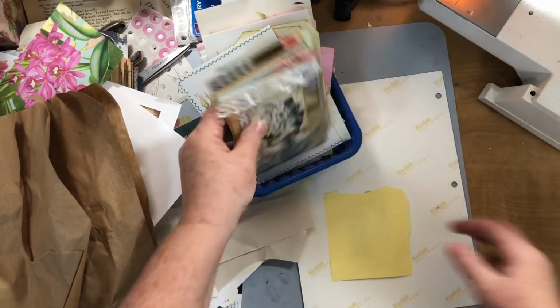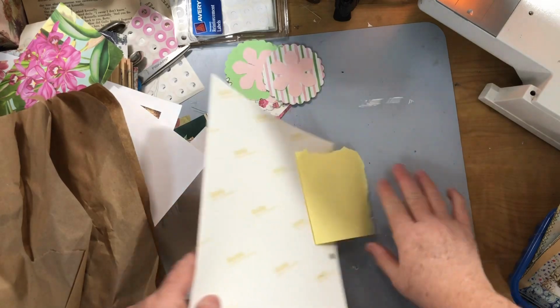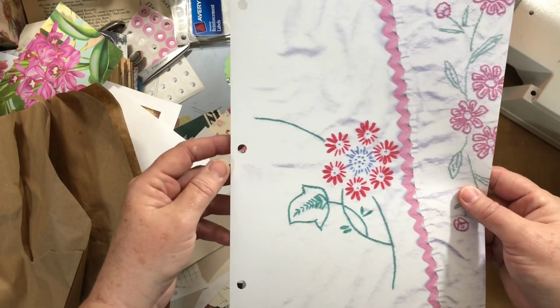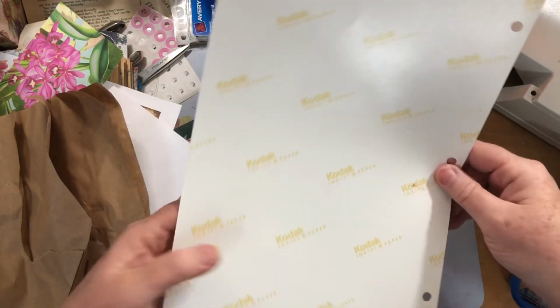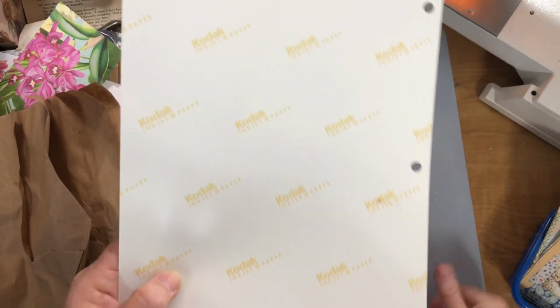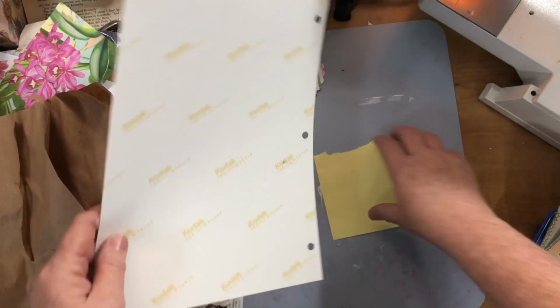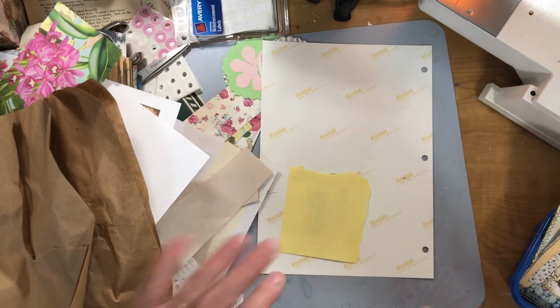And then I got the notebook out and I looked at some of the pages and I came across this one that's just a couple of doilies I laid on my scanner just to see how they would look, and threw it in as a page, but it was on this Kodak paper that I got at a yard sale, and it doesn't have the pretty back. So I had two of them in the book, and the first one I did collage on, so I thought I would do collage again, and then just turn the camera back on. So we'll see how this works